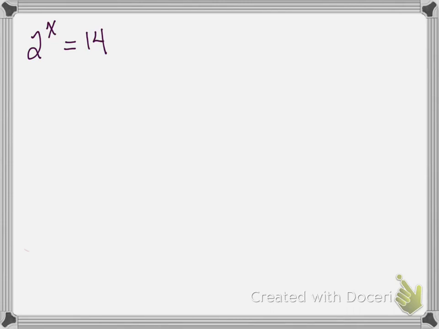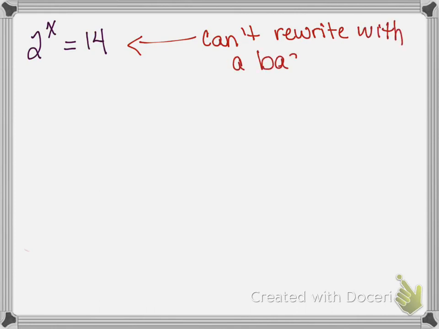No. 2 to the first is 2. What's 2 squared? 2 to the third is 8. 2 to the fourth: 2 times 2 times 2 times 2, 16. Times 2 more, 32. So I can't. When I cannot rewrite this with a base of 2,